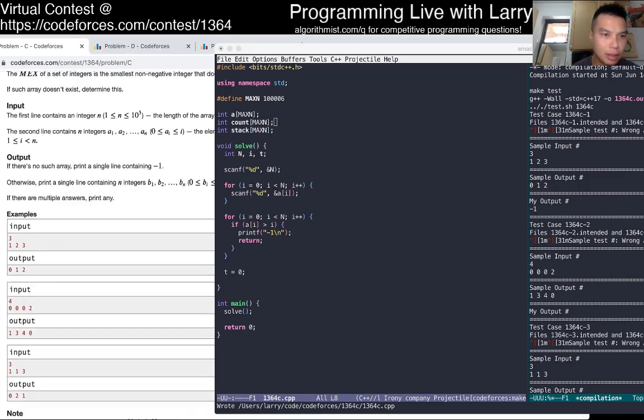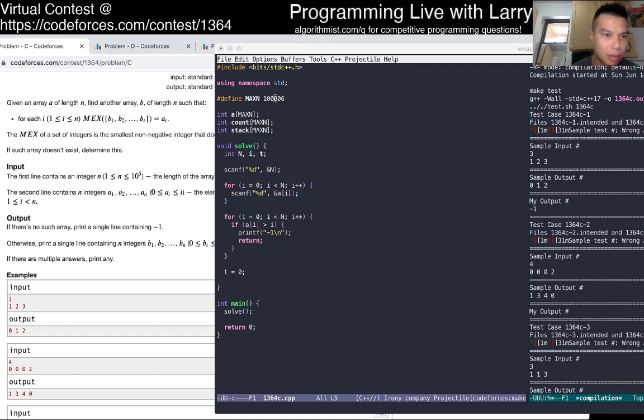Ten to the 6. I know it's just numbers that I use, so 10 to the 5th is fine.